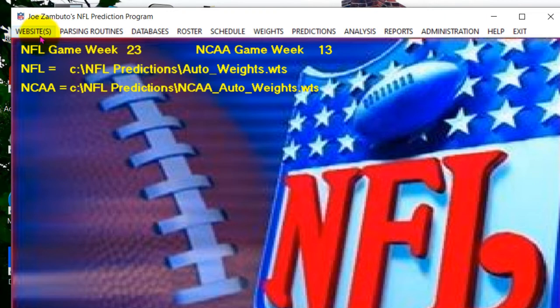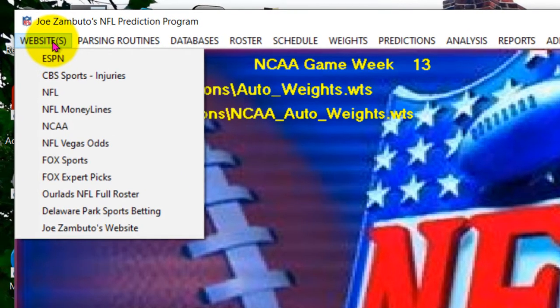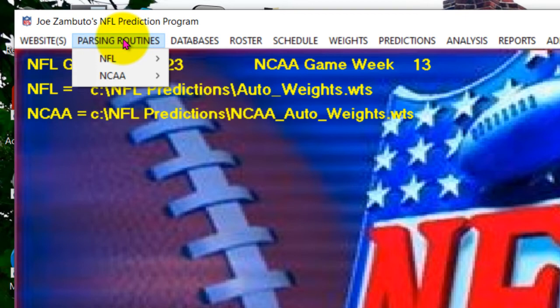Let's just take a look at the pull downs. Of course, the websites are all the same, whether you're accessing NFL or NCAA. But you do have a link here that you can go over to ESPN and look at NCAA stat stuff. Now, to parse NCAA, you would hit,